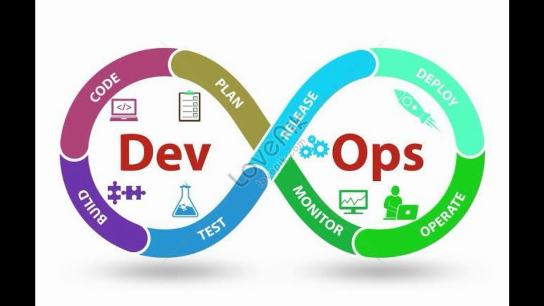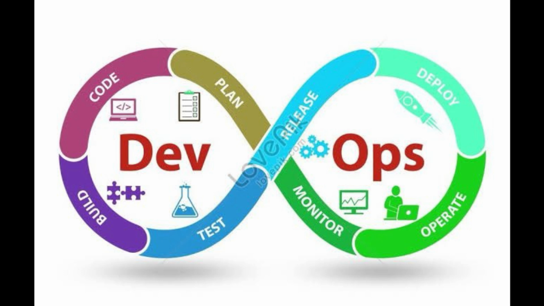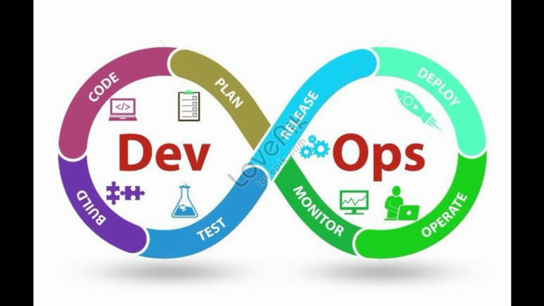Explain your CI/CD pipeline step by step. So first, we have a checkout stage where we fetch our code, and then a build stage where we build our code, and then a test stage where we test that the code is working properly. Then accordingly we have a release stage, and then deploy. So we have multiple stages accordingly.